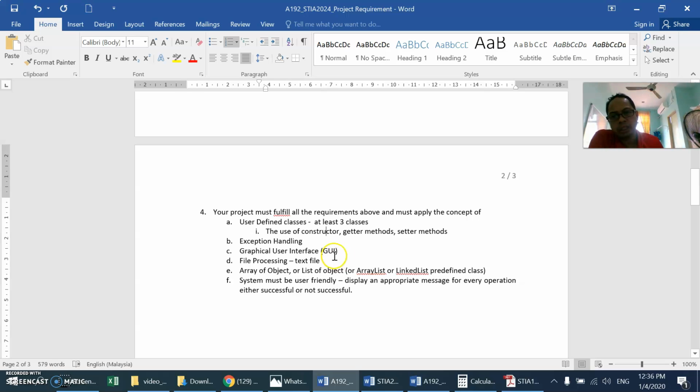And for exception handling, you need to apply the concept of exception handling, and then you need to apply the concept of graphical user interface, and then file processing. It's up to you whether you want to use a text file or a binary file. This thing you have already learned in the Programming 2 class. And also for the array of objects,